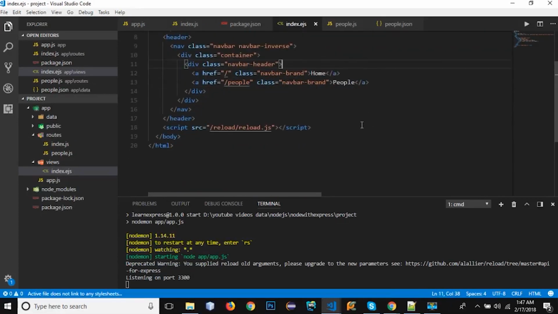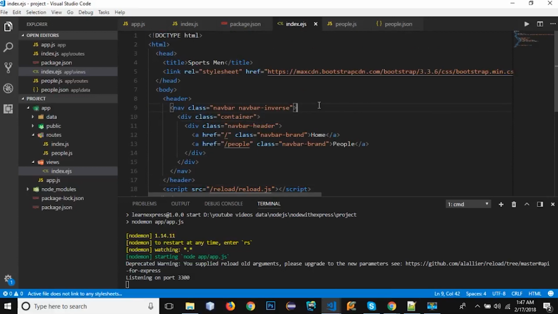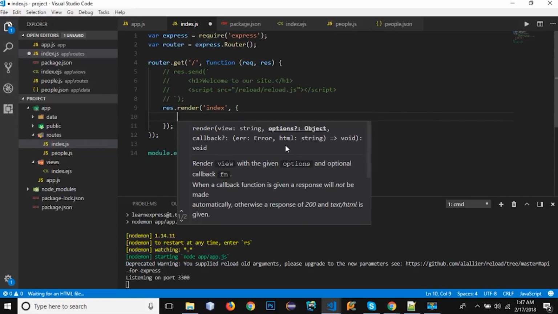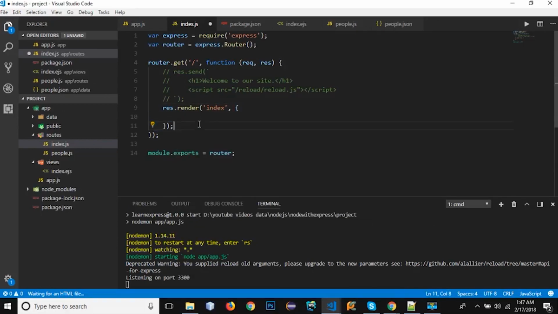Okay, so last thing in this particular video, I want to show you how to pass variables for data binding. Let's say we want to send some kind of variables from here, or some other templates where we want to render our template from. We should know how to render the views, so how to send variables. So I will write comma, and we can send an array of objects or an object that contains different values. So let's say I want to send a welcome message, and that is